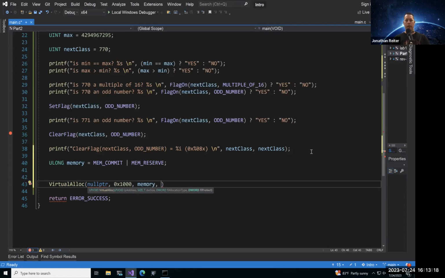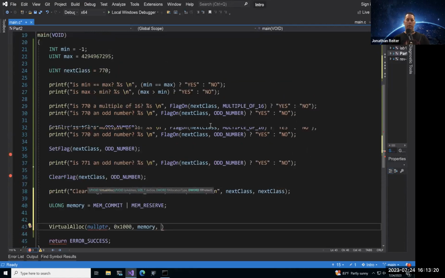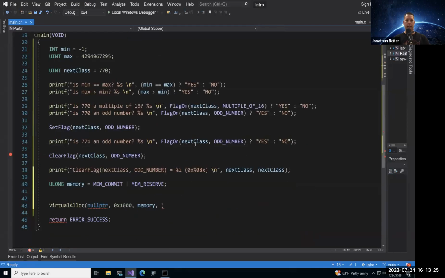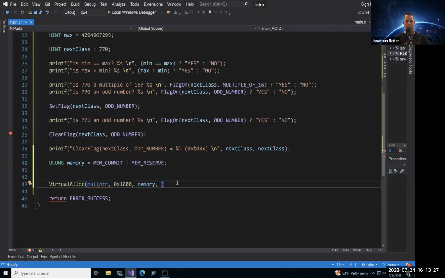And then the DWORD, let's just do page execute read, or RX. So this is typically what you'll see for an API call to VirtualAlloc. We allocate a single page of memory, reserving and committing that all at one time, and the permissions I want that page of memory to have would be readable and executable.